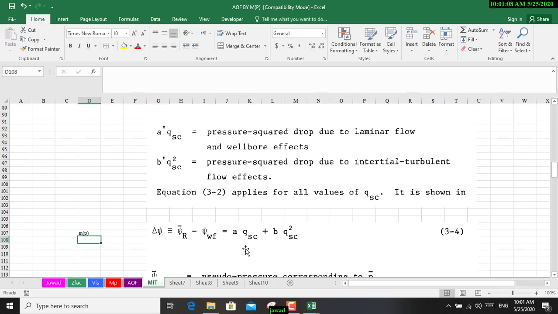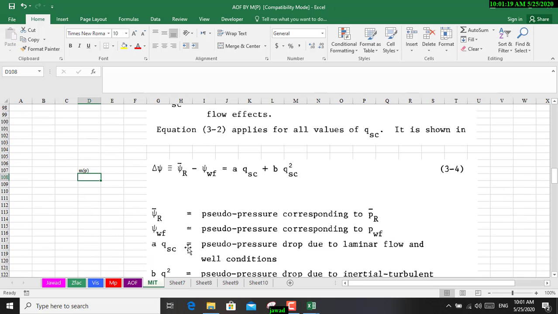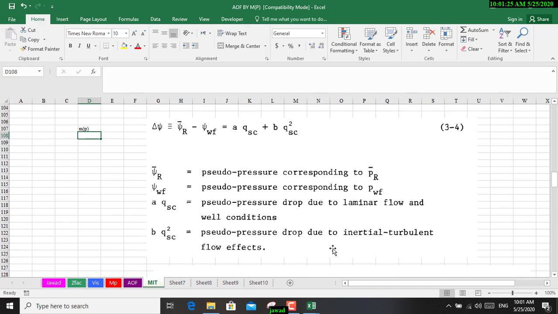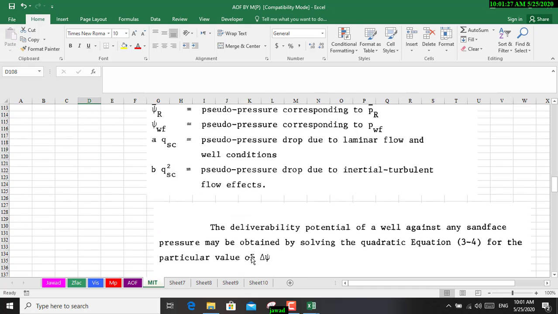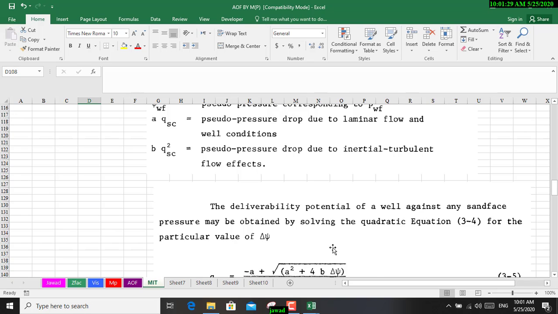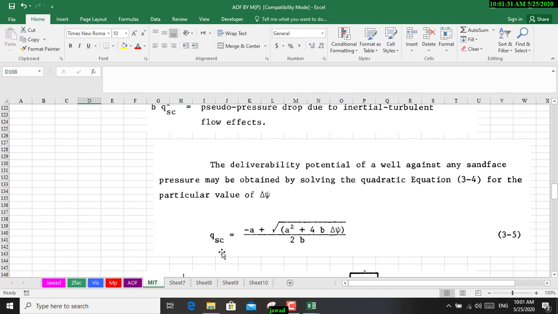Okay, by Al-Hussainy. I am not teaching the isochronal test here; that needs a gas well testing course. But I'm just showing you how to use these things. BQ squared, pseudo pressure terms, whatever it is, and the deliverability potential, and the main target is to